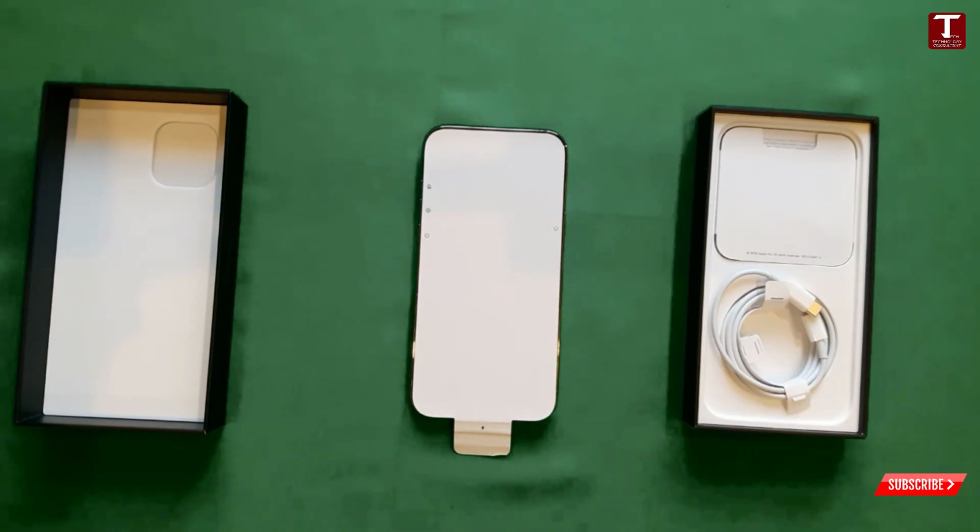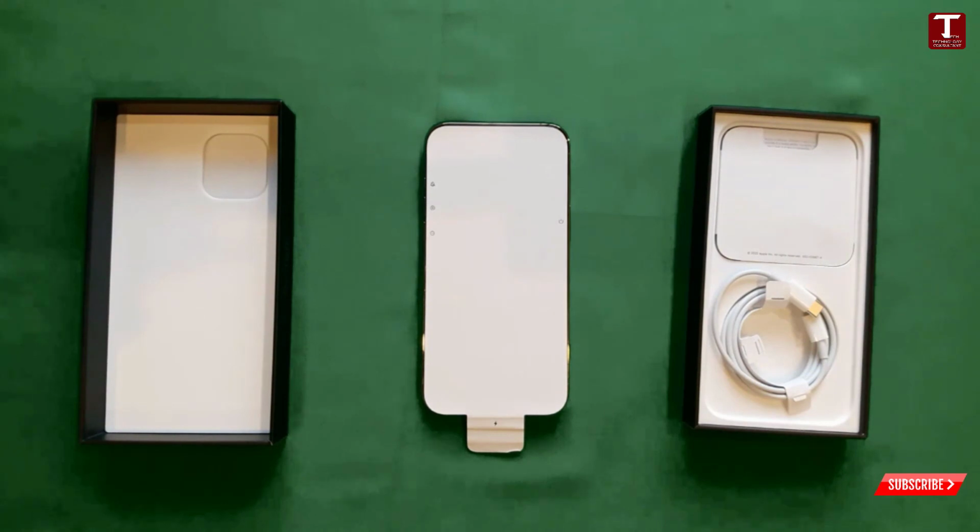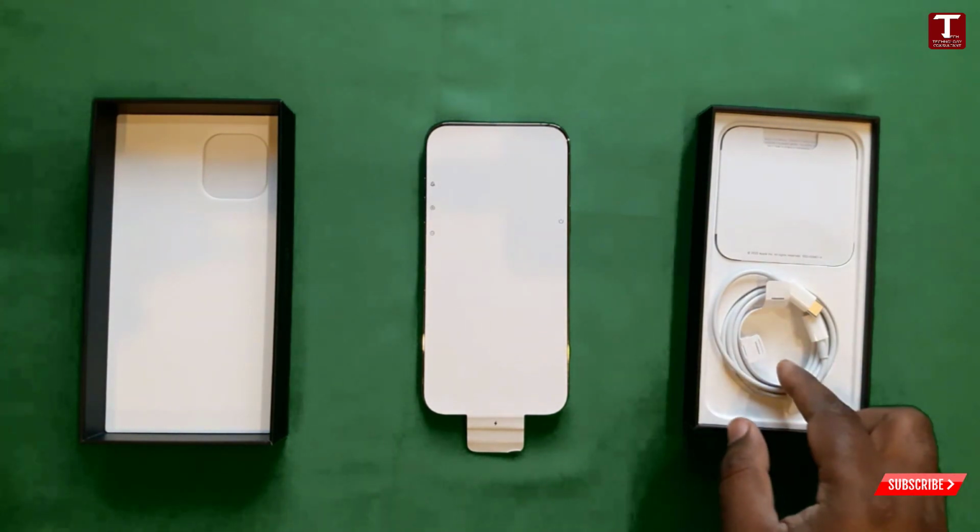If we talk about the dimensions, the iPhone 12 Pro Max comes with a 6.7 inch Super Retina XDR OLED capacitive touch screen display. Inside the box you will get only a USB-C to Lightning cable,